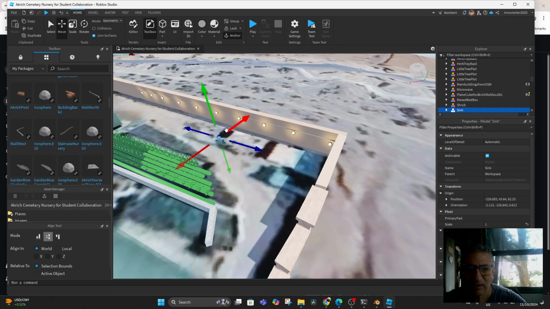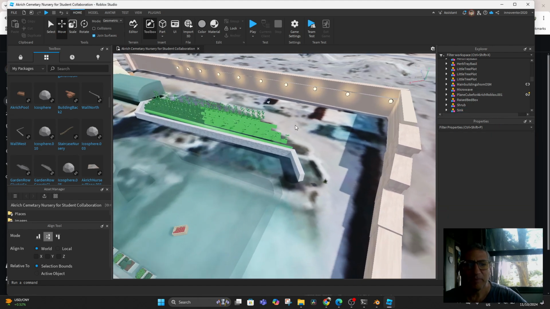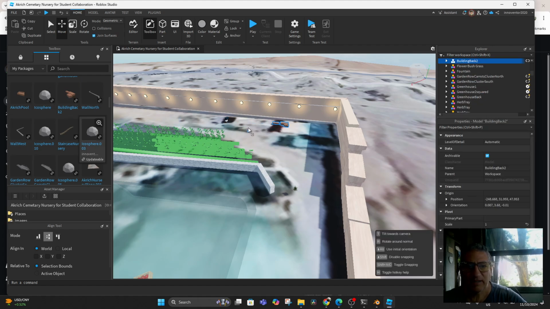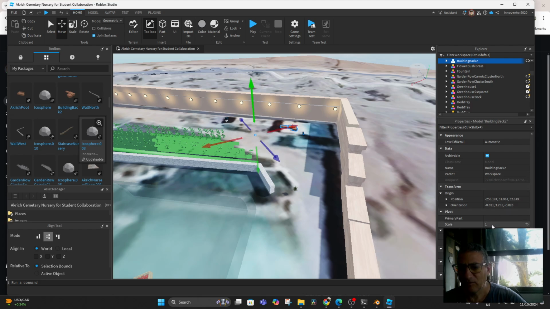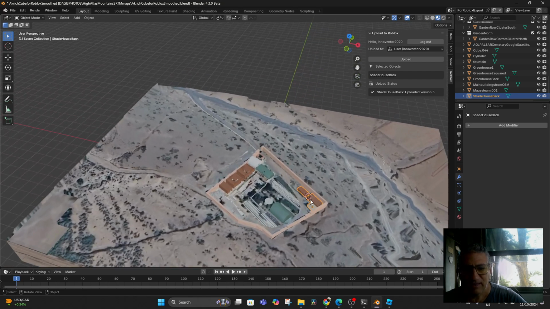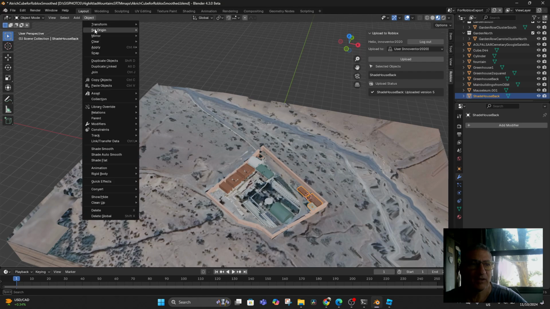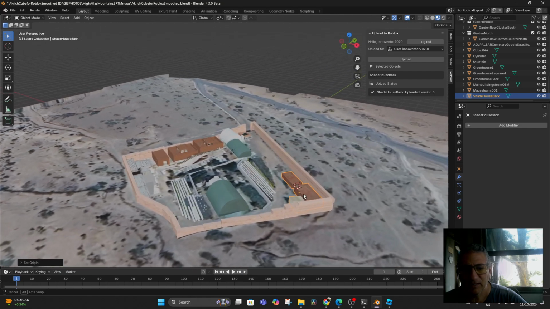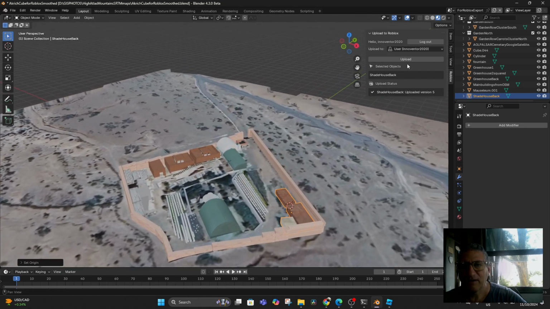Who are you? Sync. Oh yeah, sync. Just getting those buildings in should be a charm. Should just come right in, and then we should be able to scale it up. Now that pivot point is a problem, perhaps, and I'm still mystified as to how that pivot point gets to where it is. I mean, here, there's the pivot point there. If I say object, set origin to geometry, and try to put it in the middle, and then upload it again,